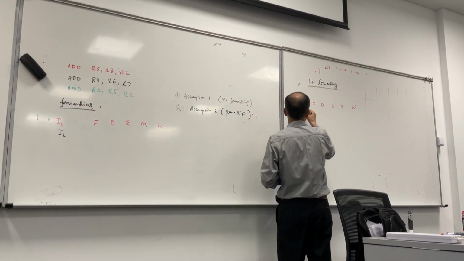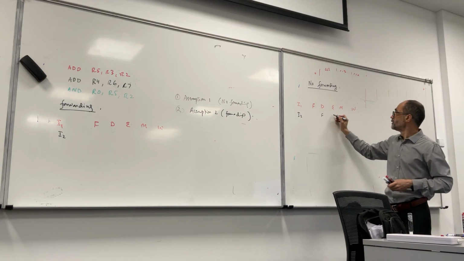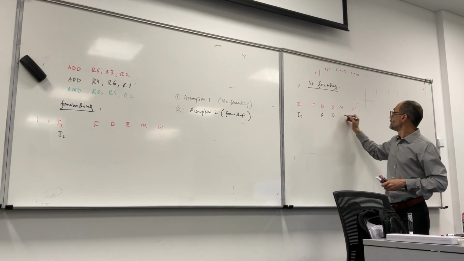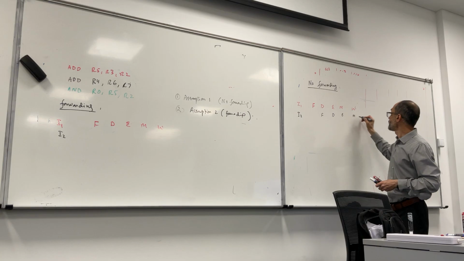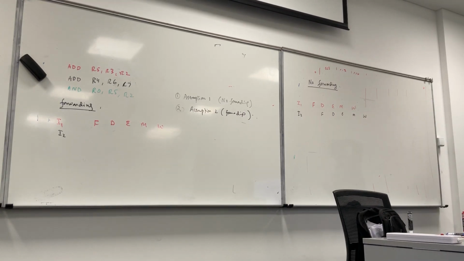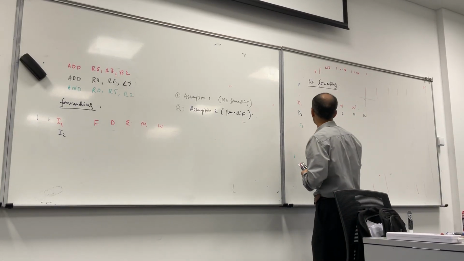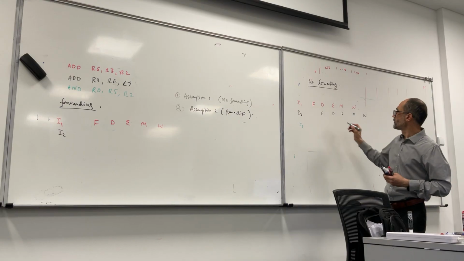I1, no forwarding. I2: it is now fetch, then what? Decode, then execute, then memory, and then what? Write back. But now the problem here is that we want to do I3. I3 will be what? Fetch here,